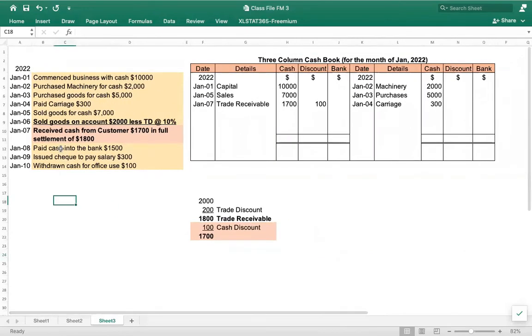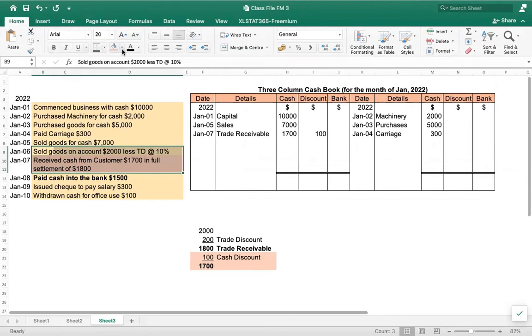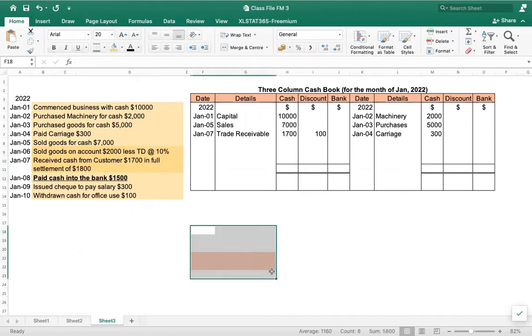Yes, I did. Now next transaction, tell me what is the next transaction, read out. Next one is paid cash into the bank, $1,500. Yes, paid cash into the bank. This is another new transaction and something new to learn. Okay, so let's see. Paid cash into the bank. So tell me here,